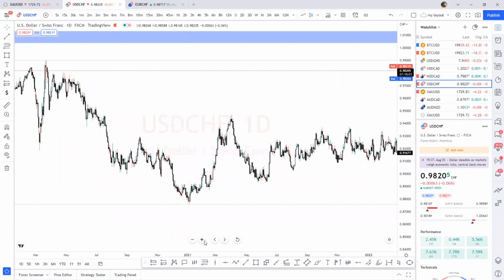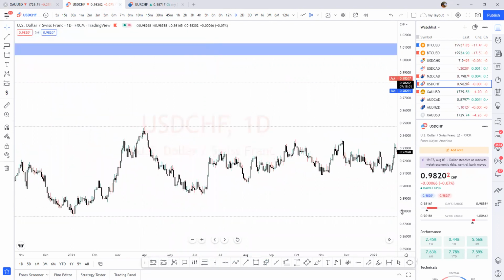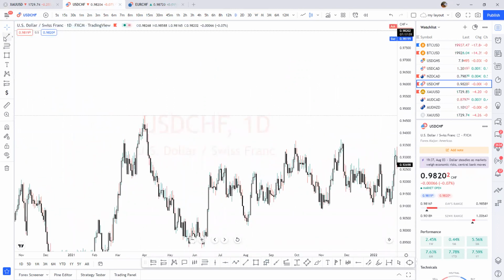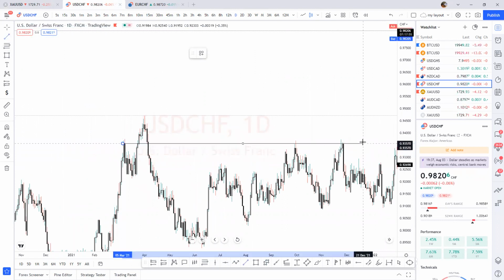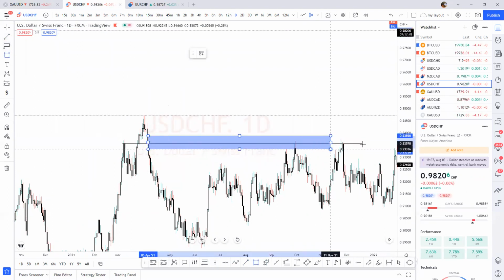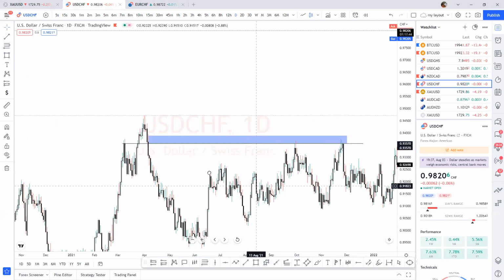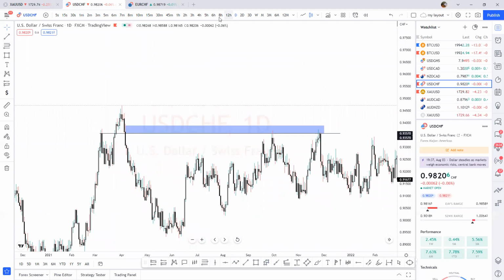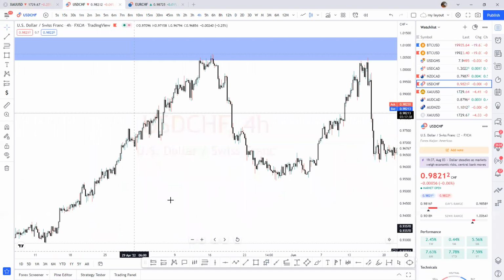Okay, so this is the one I was looking at. All right, so we have the level here. Opposite the level, we have a hidden base. Two times rejections, right? And then on a lower time frame, I don't have 12 hour, but 4 hour, you have